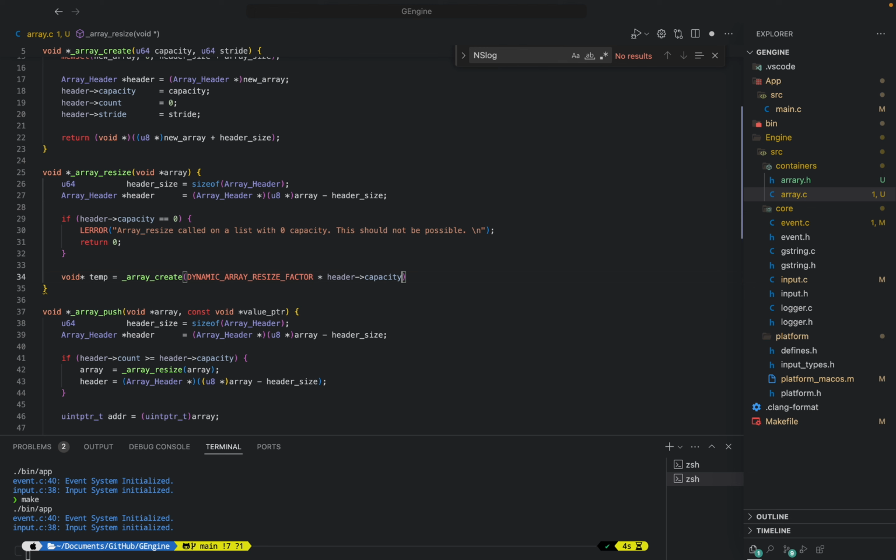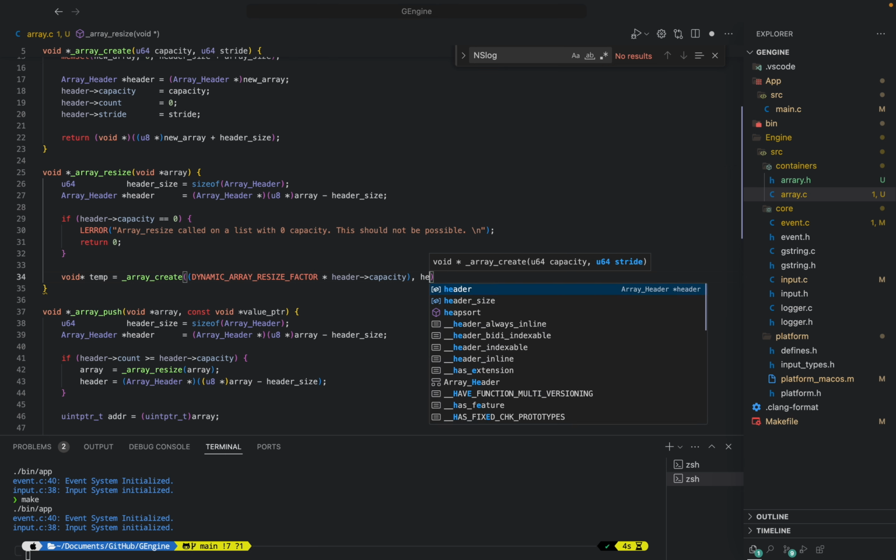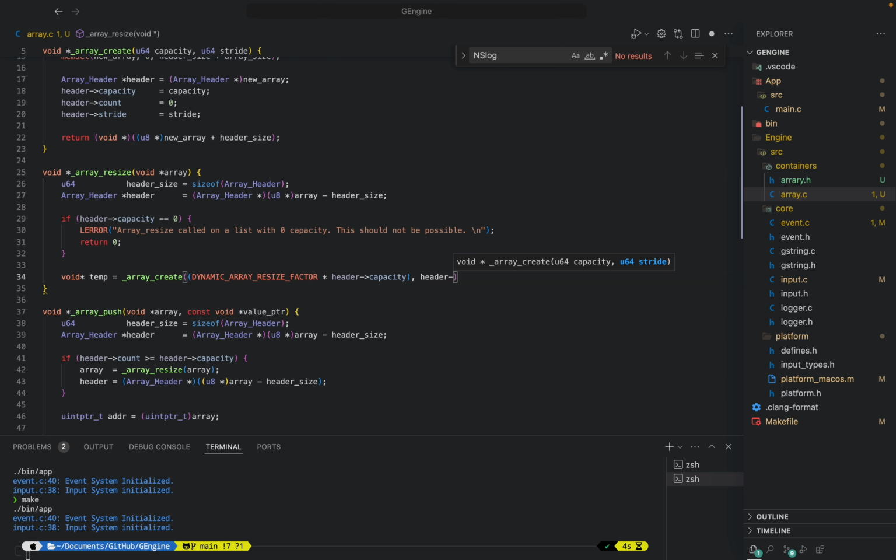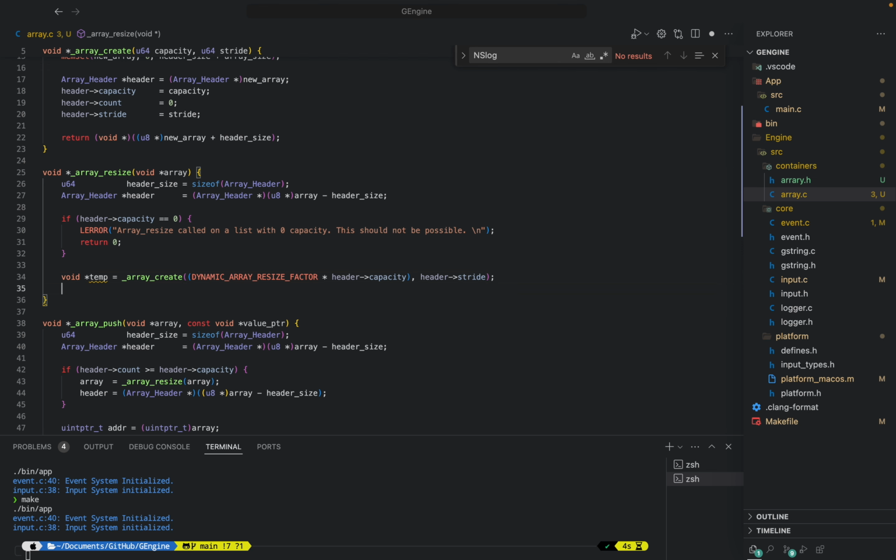Let me just encapsulate this. That will be the new capacity of the array. And then the header stride, the stride is actually stored in the header itself, so we don't have to pass that in